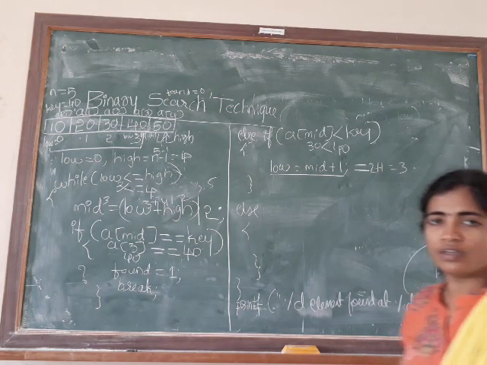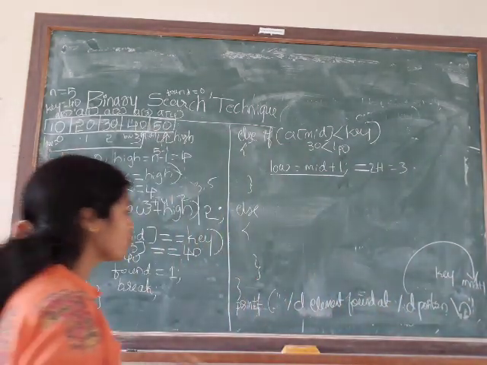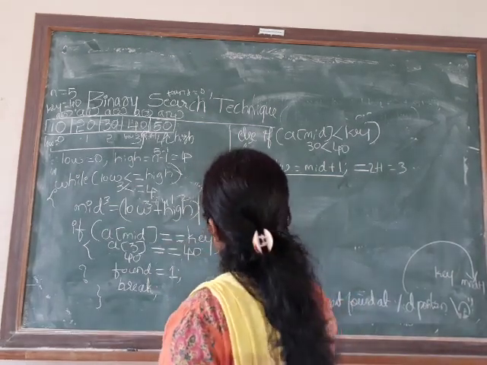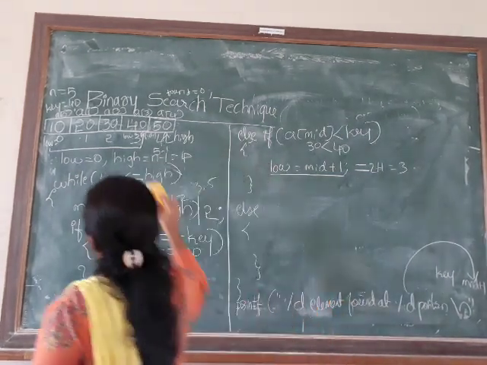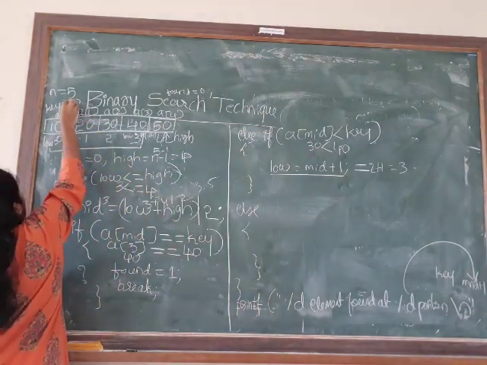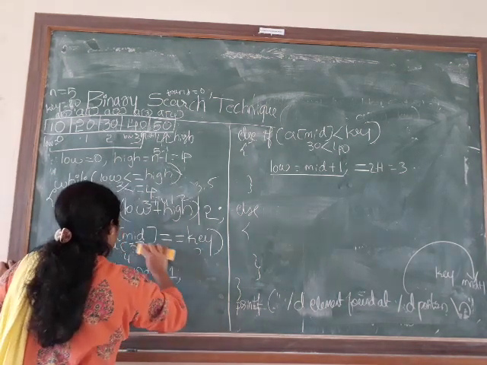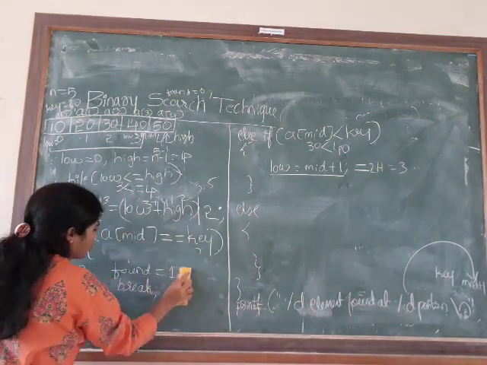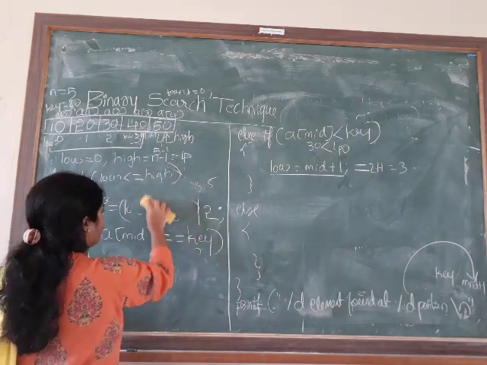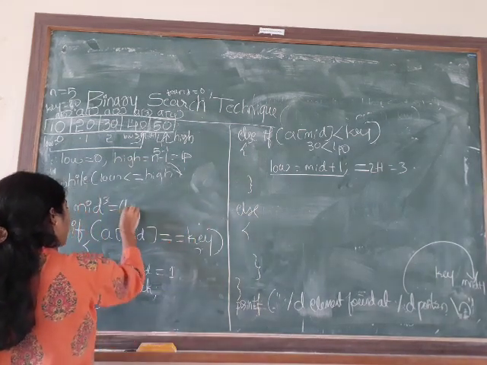All of you understood? Okay, next let me take another key value, because it has to be understood very clearly. Madam, if I take any other key value, how will it be executed? So you consider the key value as 20. Key value as 20. Please all of you concentrate. I will run the previous execution with the new values, so it will be clear for you people. Code remains the same, only the values I am changing.